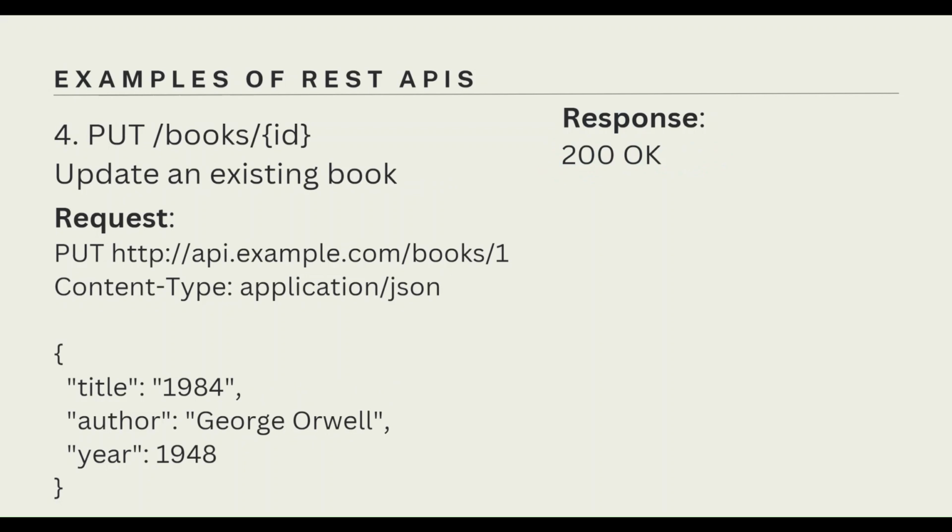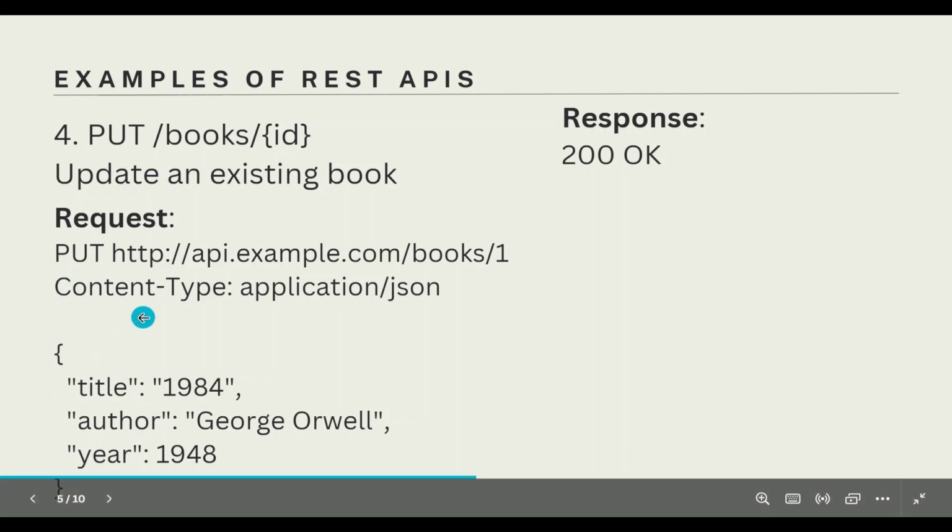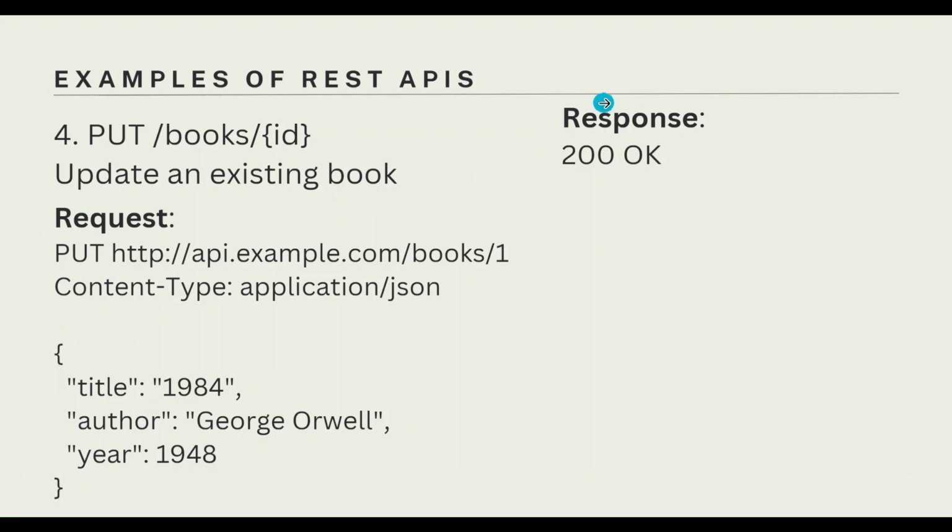So fourth is PUT mapping. Using the PUT method, we can update an existing book. Here you can see this is the URL, slash books slash one. Earlier you saw that with GET mapping we had the same URL, but the method is different. Even if the URI is the same, but the mapping is different, then it is okay. In PUT mapping also we have to pass our body, and we'll get a response 200 if it is updated.